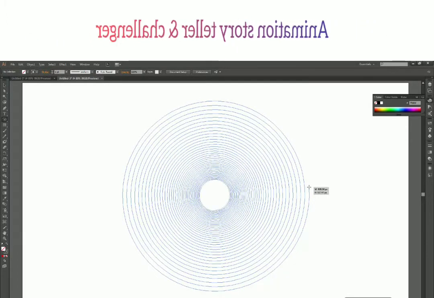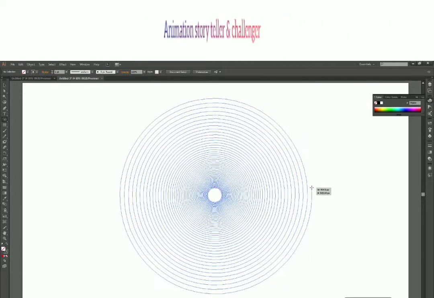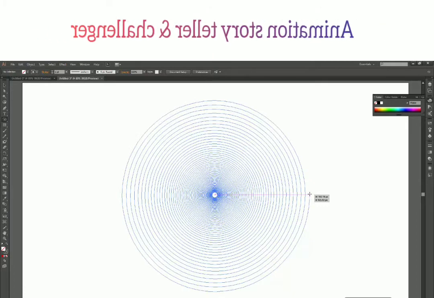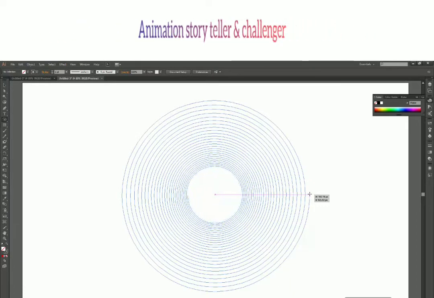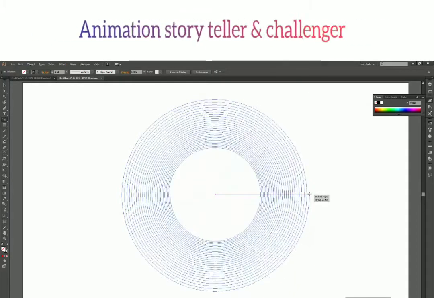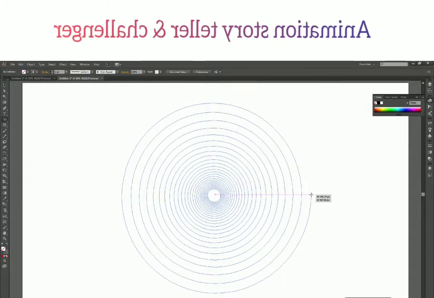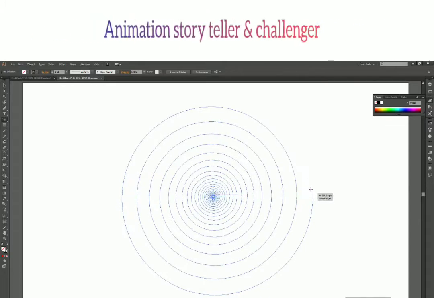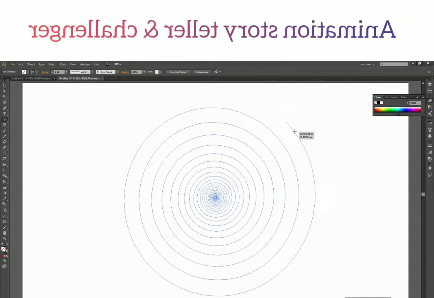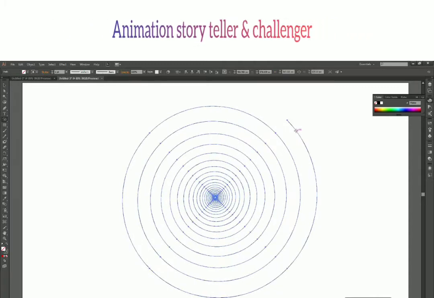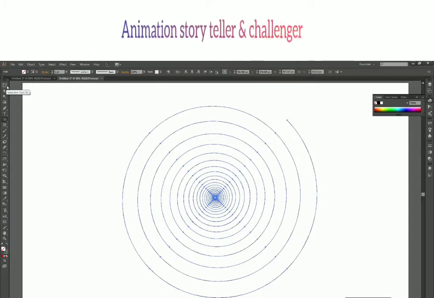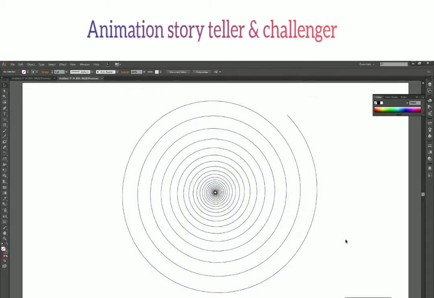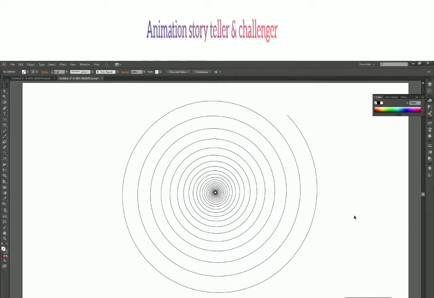So now you can use the combination of all those keys together in a single spiral. So increase or decrease number of segments, and then press Control to reduce the decay. Alright, this looks good. And then Shift key to snap it to a 45-degree angle and release it. So release your mouse first and then the Shift key. And there you have your modified spiral using the control keys.